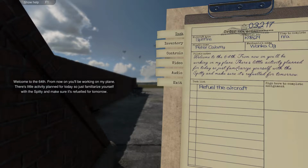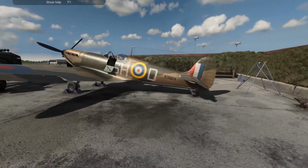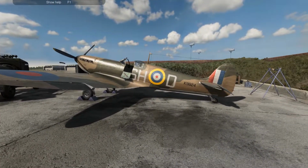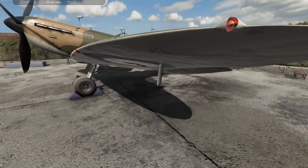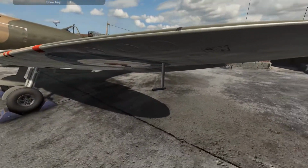From now on, you'll be working on my plane. There's a little activity planned for today, so just familiarize yourself with the Spitty and make sure it's refueled for tomorrow. Oh, I see you guys still keeping the same ugly paint job. Guess you got like a look going for you. You don't want the Allies to...